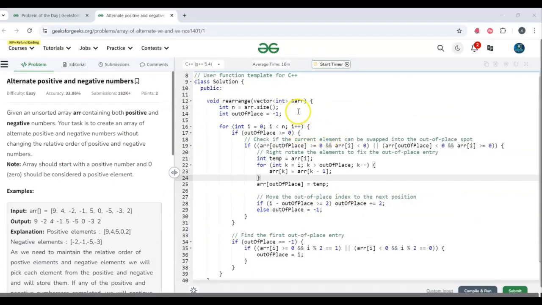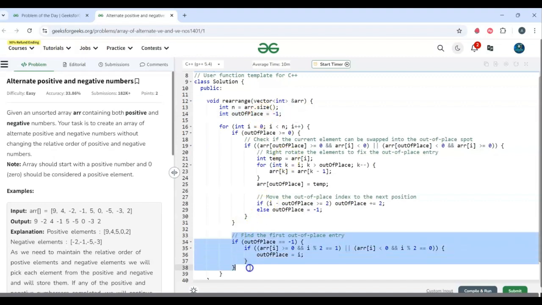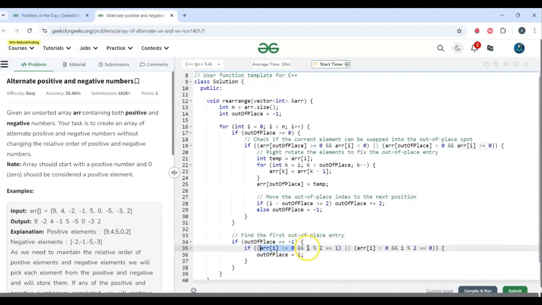So this is the code for the optimized approach we have discussed through this example. Here initially I have taken the size of the array in the variable n. I have taken the index out of place, which would initially be -1. I have iterated over the array till the size of n, and we'll check whether the out of place variable is -1 or not. If it is -1, we'll check the index element and the index value. Since it is positive, and a positive element should be at even index, and a negative element should be at odd index,